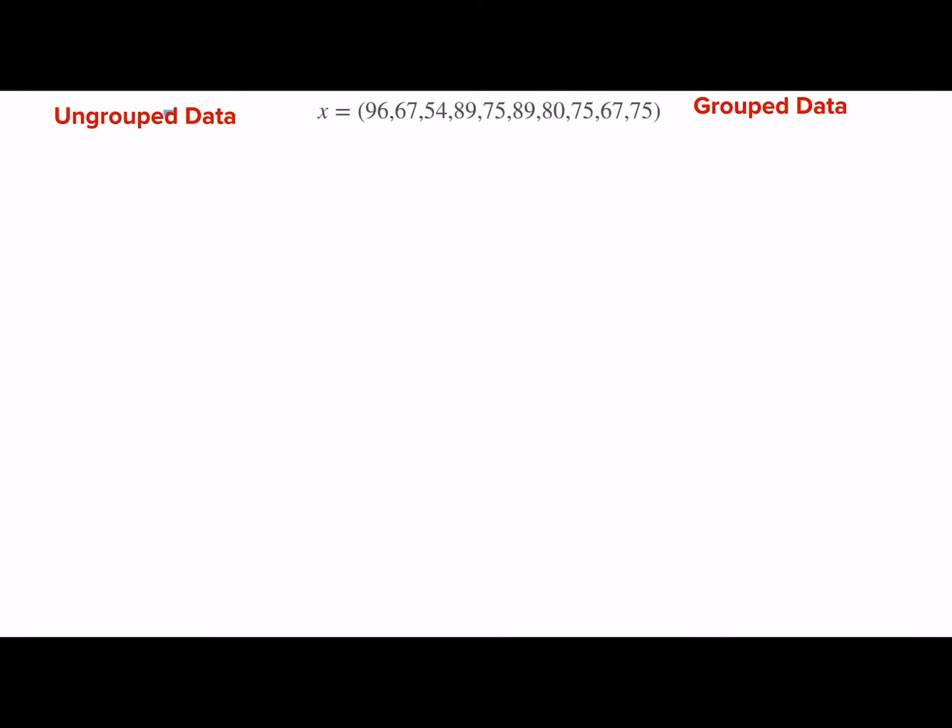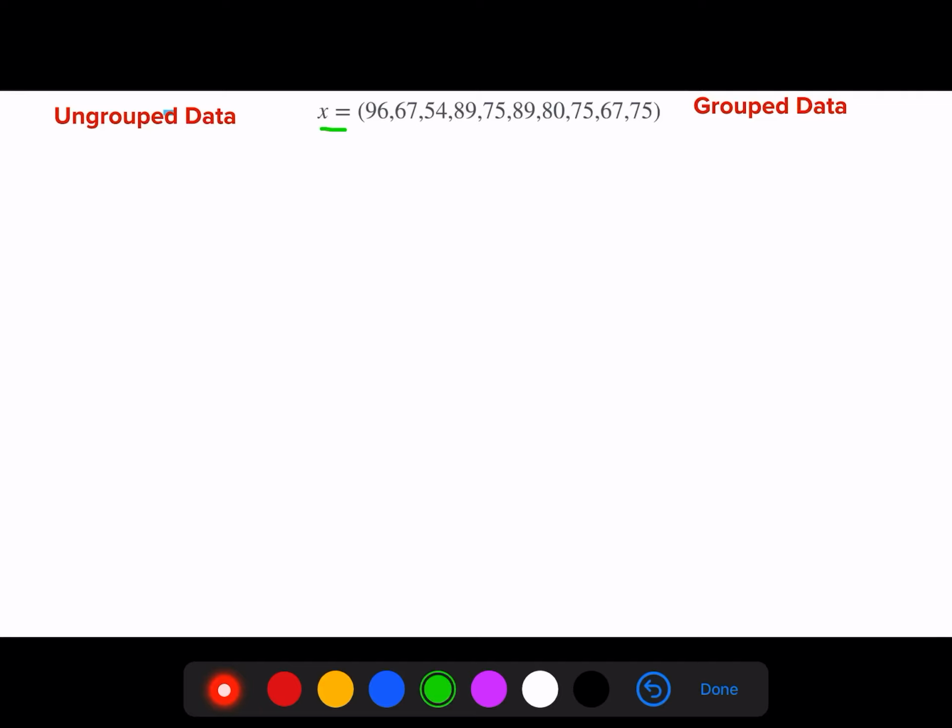Now here I have taken a very basic data set which comprises of 10 data points. Let's say these are marks of 10 students in a class. This is the kind of data that you might have already seen in class 9th, and if I convert this data into frequency table, I will write data, which is xi, and its corresponding frequency, which is fi. Frequency is how frequently a data point is occurring.